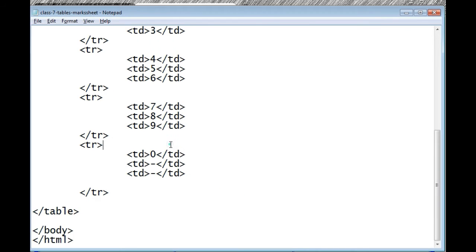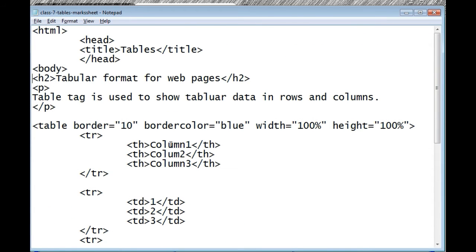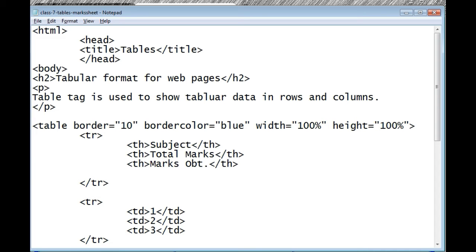Now I change this. I write subject. Okay, subject, total marks, I write marks obtained, and I add another heading, th, fourth one, th.